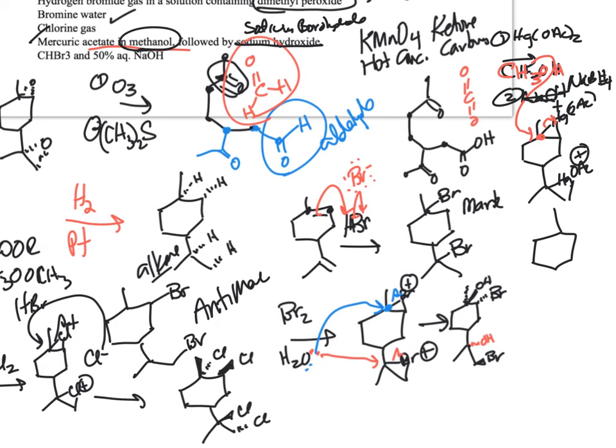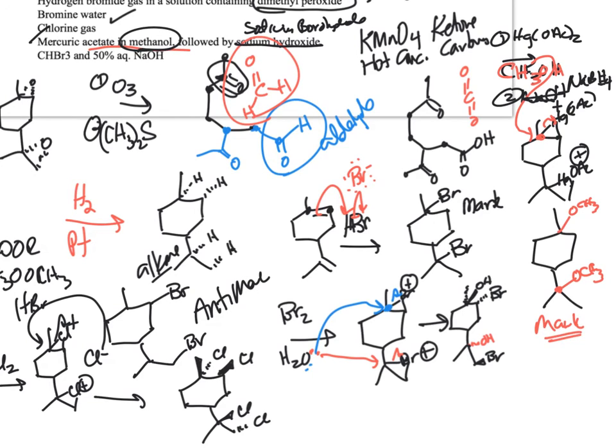So that would be OCH3, and then you would get the hydrogen at this carbon, so we won't even draw it in here. And here you get OCH3. So this makes an ether, and it's at the more substituted carbon between the carbon-carbon double bond, so that's Markovnikov